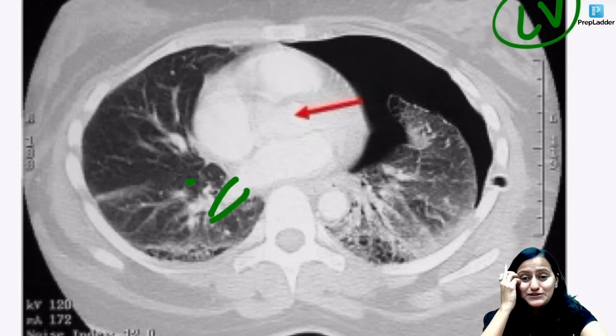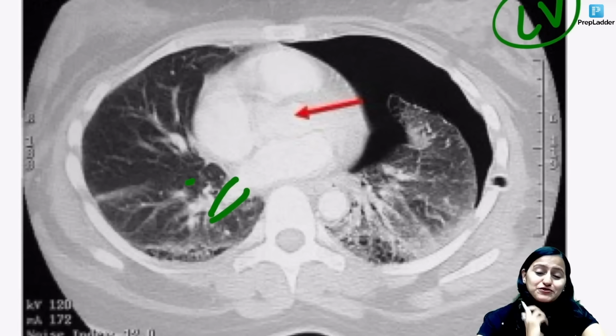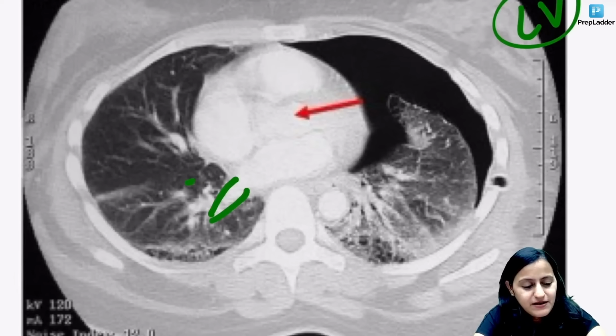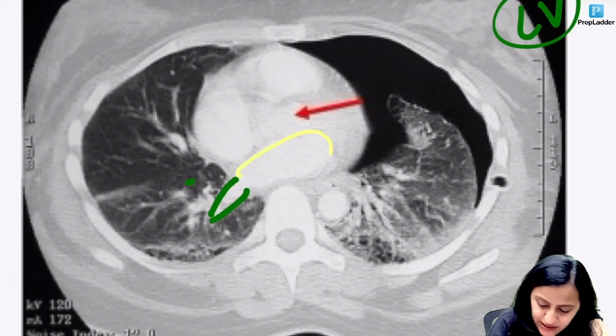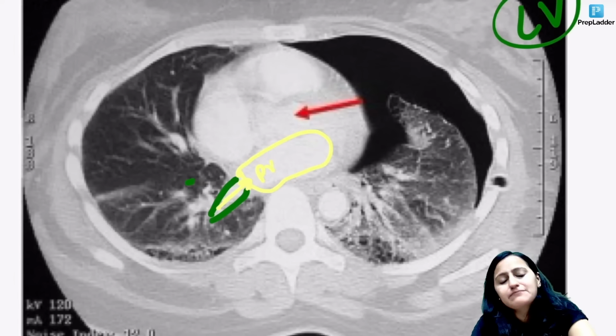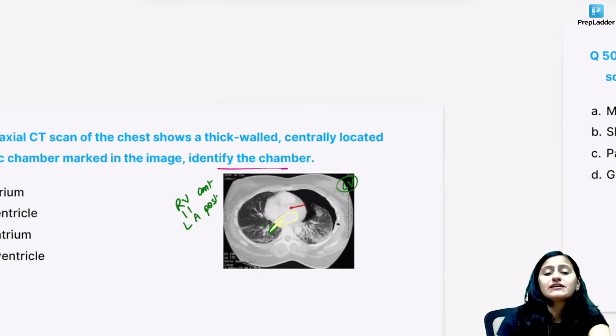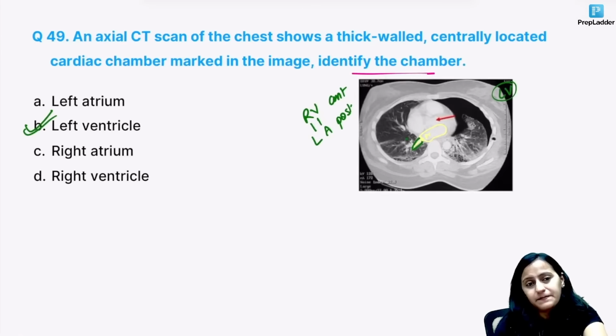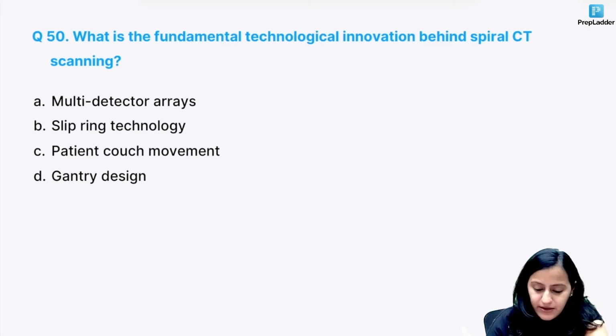Let me see, how many of you can think logically, even if you don't know, like we have never studied this, but think logically and tell me where it is related and what it could be. Which is related to the left atrium. What goes into the left atrium is the pulmonary vein. Okay, so that is the pulmonary vein, not the pulmonary artery. Okay, that's a pulmonary vein. Okay, coming to the last question.